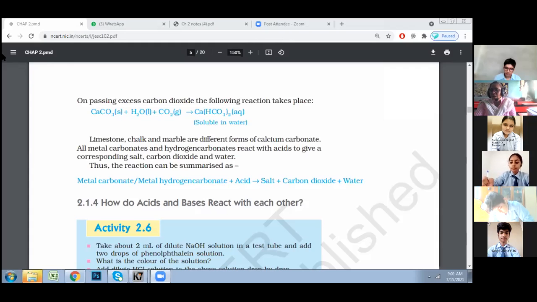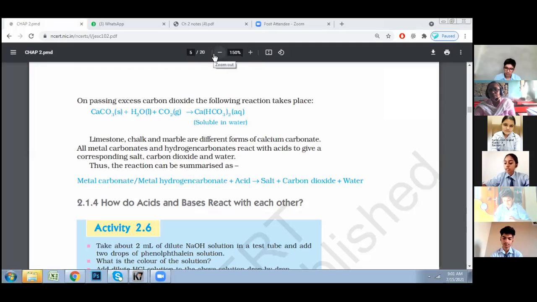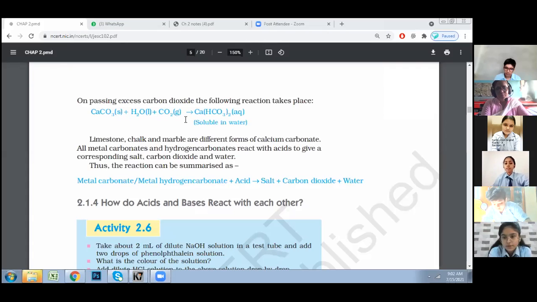Now, suppose I asked you to write down the reaction of sodium carbonate with acetic acid. Think over it. How would you write it? If I ask you to write the reaction with acetic acid, children, what will be the reaction? Acetic acid with sodium carbonate. Yesterday also we did reactions with acetic acid. Ethanoic acid, when it reacts with sodium carbonate, what will be formed? Carbon dioxide.